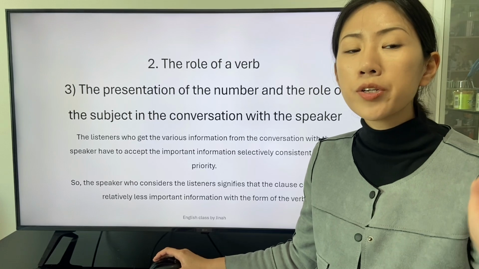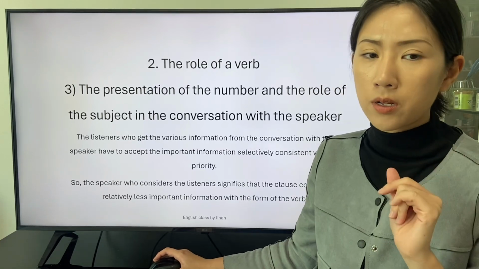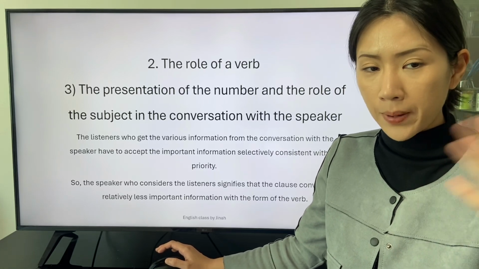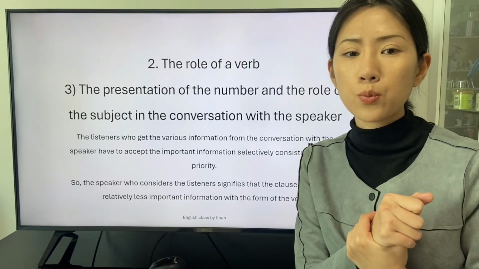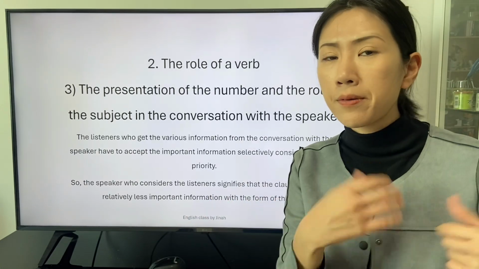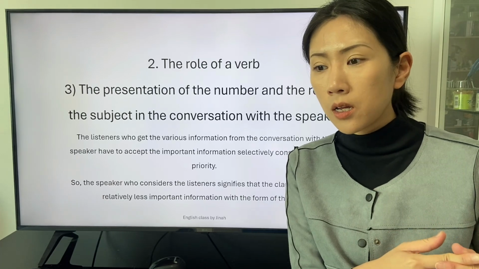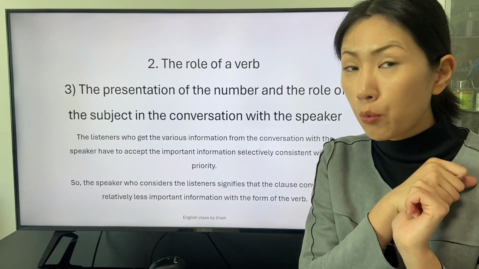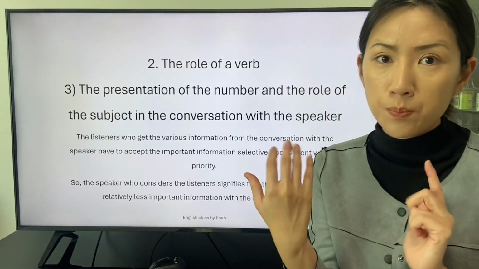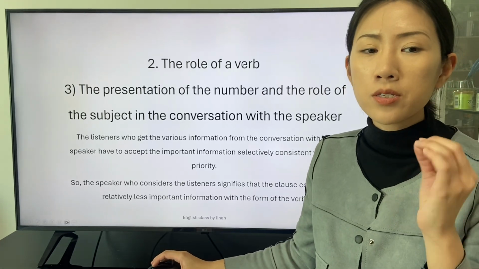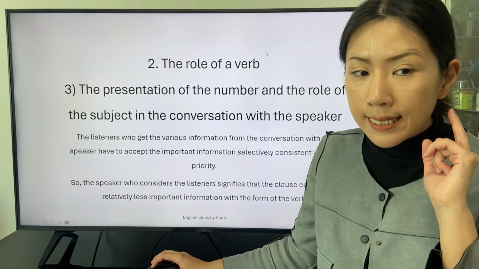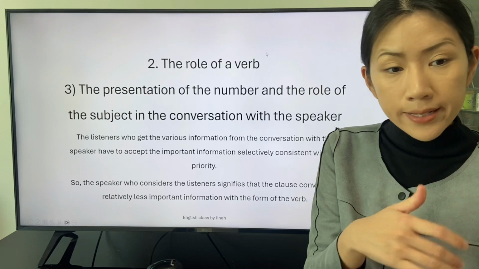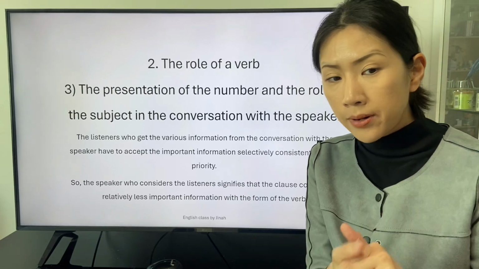The listeners who get the various information from the conversation with the speaker have to accept the important information selectively, consistent with the priority. The priority of the subject is determined with the number of the subject and the role of the subject in the conversation with the speaker. So the speaker who considers the listeners signifies that the clause conveys the relatively less important information